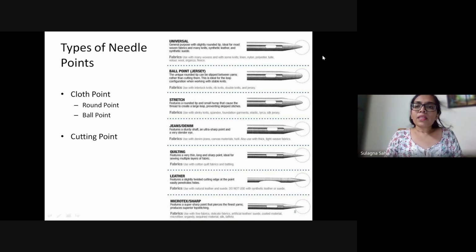Please remember, here we are not talking about the needle size, but the type of needle points. This one is the universal type. Next we have something called a ball point. If you look at it, it looks like a ball. It is used specifically for knitted garments.